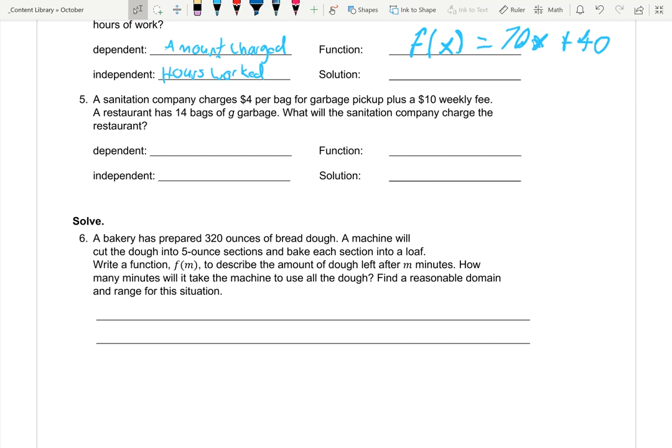But let's focus first on our dependent and independent variables. So a sanitation company charges $4 per bag for garbage pickup plus $10 weekly fee. Okay, so we should be able to identify the independent and dependent variables from our first sentence. So independent variable is something that we can control. For example, the number of bags, right? The number of bags would affect what? The number of bags independent, and it affects the total charge from our sanitation company. So independent will be bags of garbage